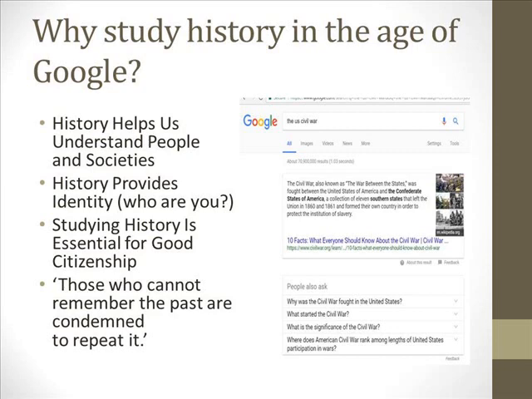For example, people in the South have a unique history that is very different than people in the West or the North. That impacts the way that they act. It impacts the way that they interact with others and their worldview. And without understanding a little bit about why that is, we have a hard time communicating, and oftentimes we get ourselves into conflict. And so that's one way. Another reason is that history provides a personal identity.